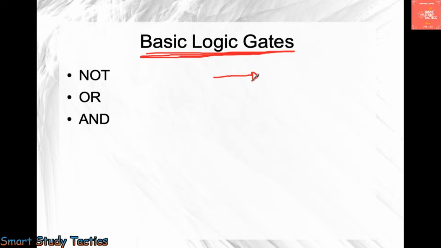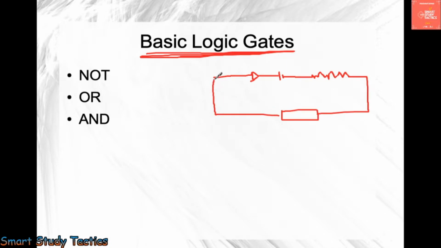There is a circuit and a switch like that you are preparing, and resistance you are making like this. Sorry, I'm using a mouse, so that's why it is not clear. And you are going to put a battery there and make a circuit. I think you have learned about this in physics, so this is clear to everyone. Now we are going to understand what the terms are here.